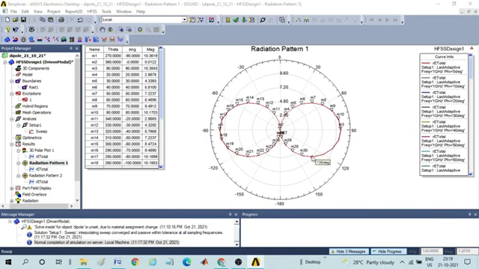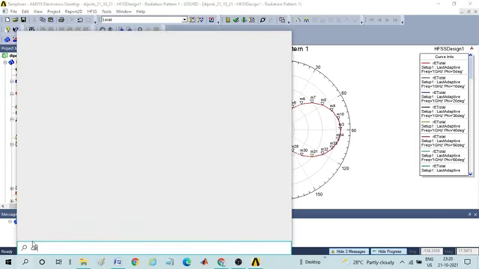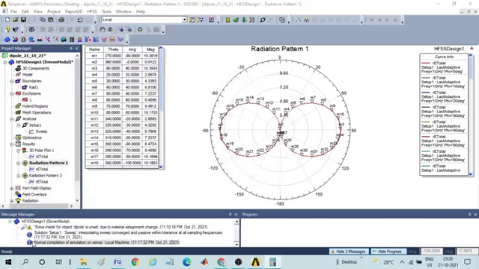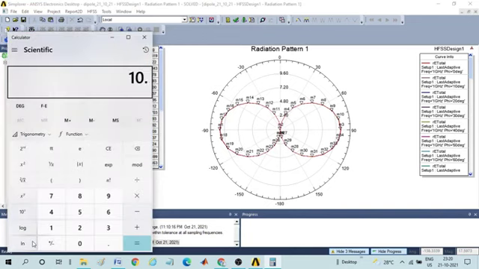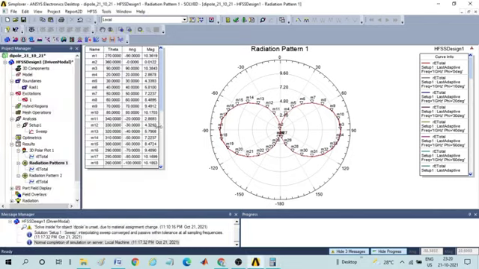So once you complete this entire circle, we can get to know the actual beam width. Here you can see 10.3619. Let us go to the calculator. 10.3619 divided by 1.414 is 7.32.